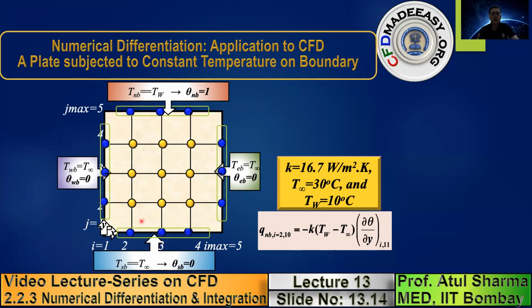which is equal to T minus T infinity divided by TW minus T infinity. So theta is equal to 0 on left, bottom, and right wall, and 1 on the top wall. So for this problem, in the previous lecture, we have obtained the steady state temperature distribution. For this topic, we will consider those steady state temperature distribution, and I will demonstrate the various orders of numerical differentiation and integration for the same example problem and present it in a tabular form.